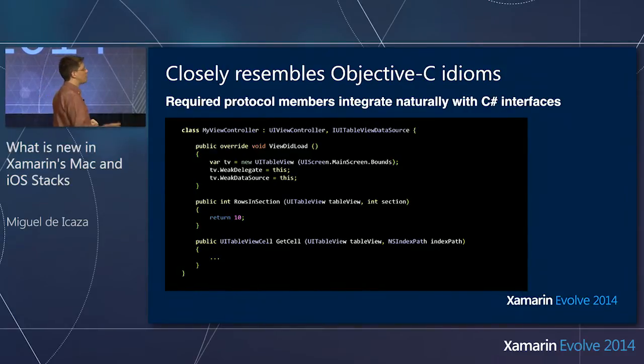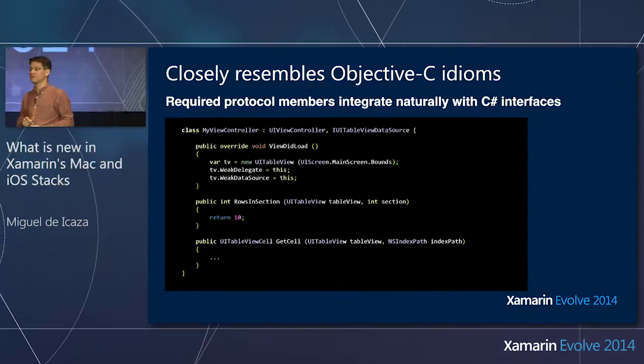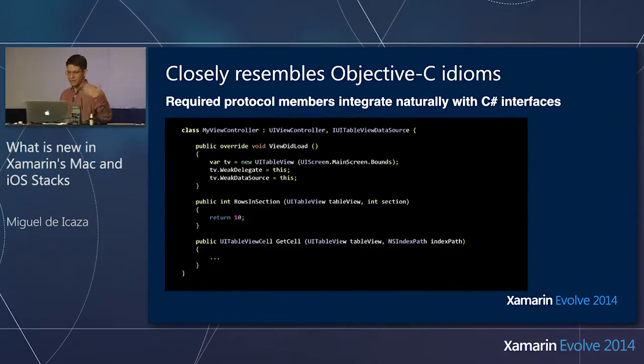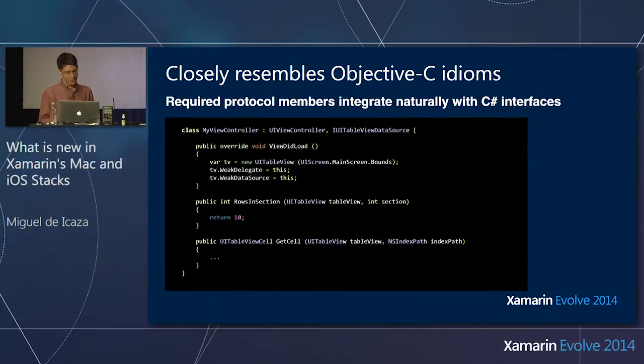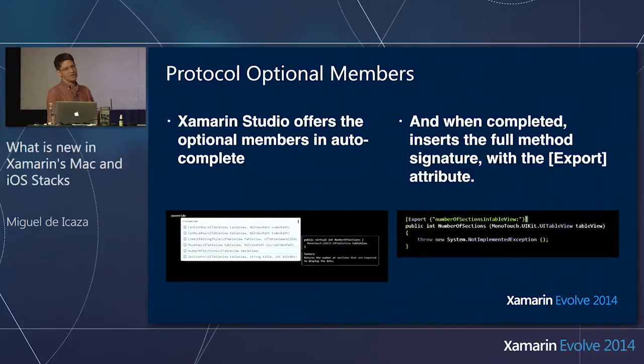So essentially, our protocol support works well on classic, but you have to resort to weak types. And with the unified API, you're able to go back to fully strongly typing while still adopting this sloppier approach to development. Now, the second challenge with protocols is that you do have to